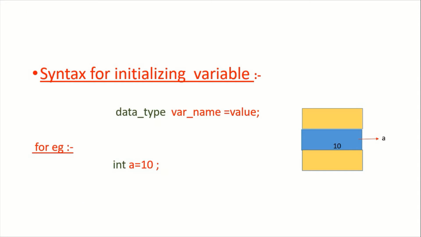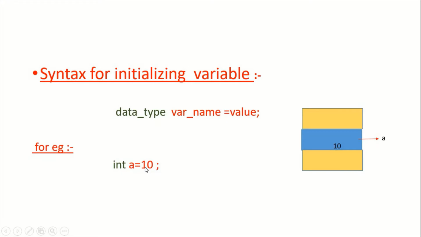Syntax for initializing variable is data type variable name equal to value. For example, int a equal to 10. Suppose we want to store value 10 in the memory. For that, we have to tell the Java that we want to store integer type of value 10 with variable a in the memory. So I have initialized it in that way. Int, this is the data type, a is the variable name, a equal to 10